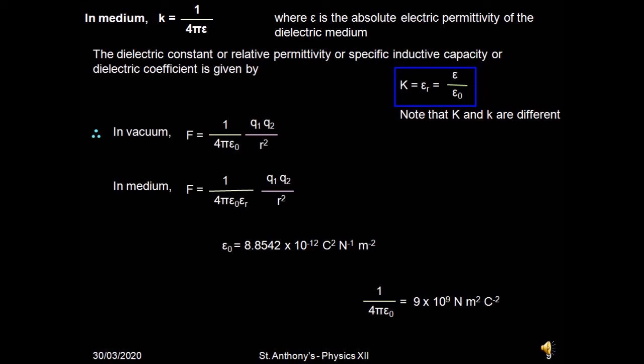Now in numericals, if the medium is not mentioned, then we take the medium as air only or vacuum only. In all those cases, the epsilon 0, that means the vacuum or air permittivity value, is fixed, that is 8.85 into 10 raised to power minus 12. Now if we substitute it in the K formula, that means 1/4 pi epsilon 0, then since all the values are constant, this K value we have to learn here: 9 into 10 raised to power 9. So we can directly use this K value if the medium is air or vacuum.